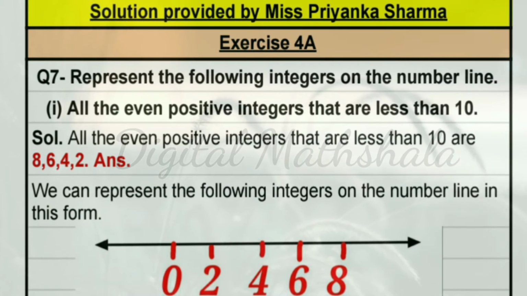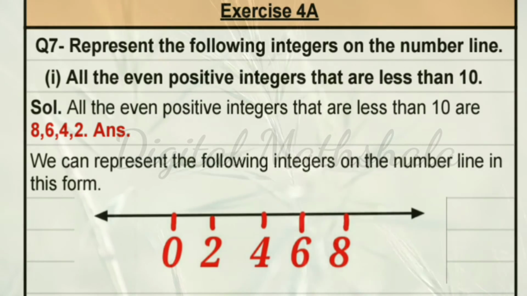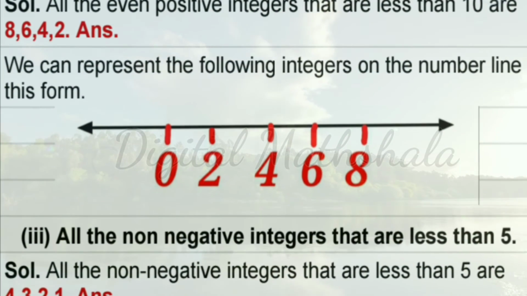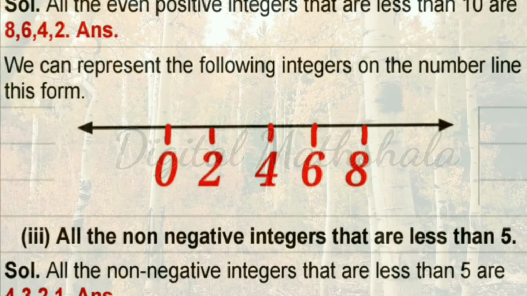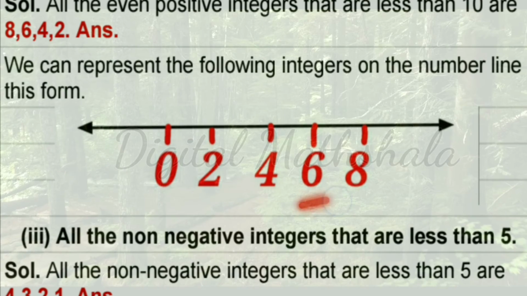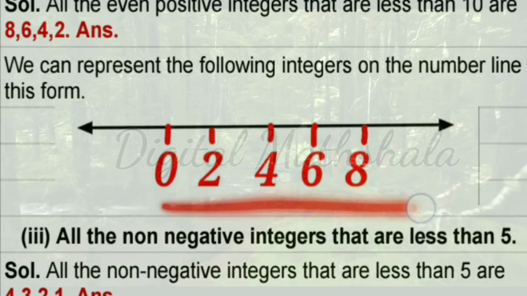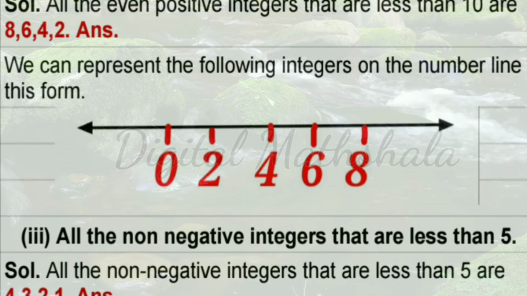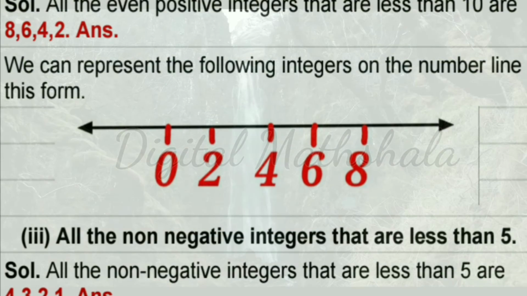To draw the number line, first we will mention 0 here as the center. Then we will start finding the even numbers. As you know, 1 is not an even number, we will skip that. Then we will write 2, we will skip 3 because it's an odd number, then we will get 4, then we will skip 5, we will get 6, then we will skip 7. All the numbers which are odd we will skip, and then we will get this sequence. So we can represent it in this way on a number line. I hope all the things are clear to you.